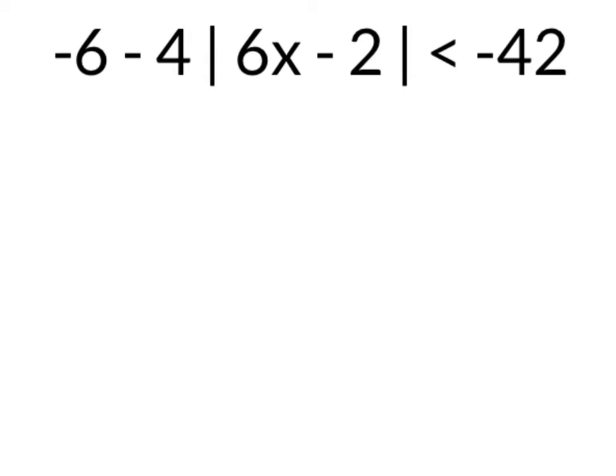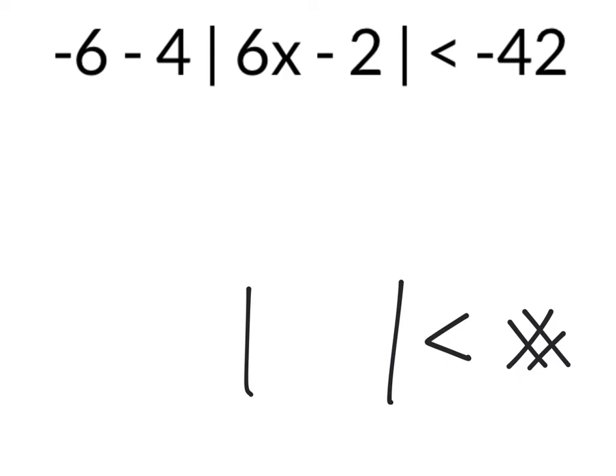As with any other absolute value, whether it's an inequality or equality, we need to isolate the absolute value, meaning what we really want is some absolute value that is, in this case, maybe less than or even greater than some number over here. So we can't have this -6 there or this -4 here. In order to do this, it would be just like manipulating an equation for an absolute value. So the first thing we need to do is add 6 to both sides,